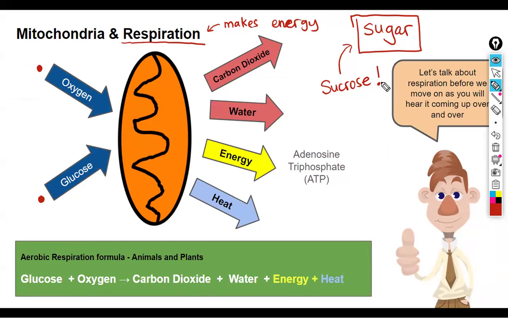But I know you're not going to change your language now. You're not going to go into the kitchen later or tomorrow and say, hey, mom, dad, you have any sucrose to put in my coffee? They're just going to look at you like you're a weirdo, right? But that's the scientific name for that type of sugar. It's like a dog. There are many different types of dogs: Rottweilers, pit bulls, hot dogs, and so on. Okay? There are many different types of sugars.